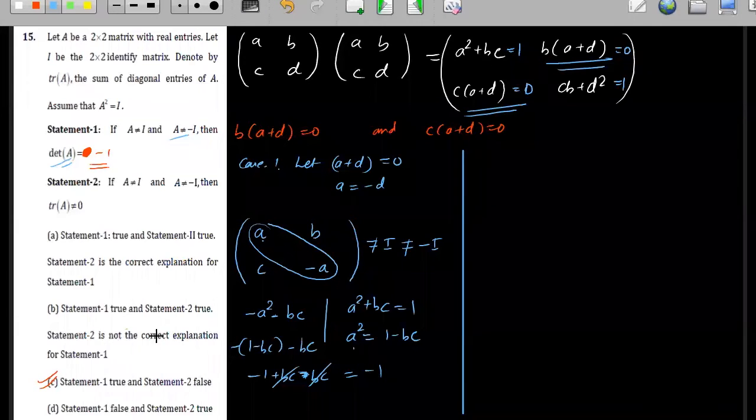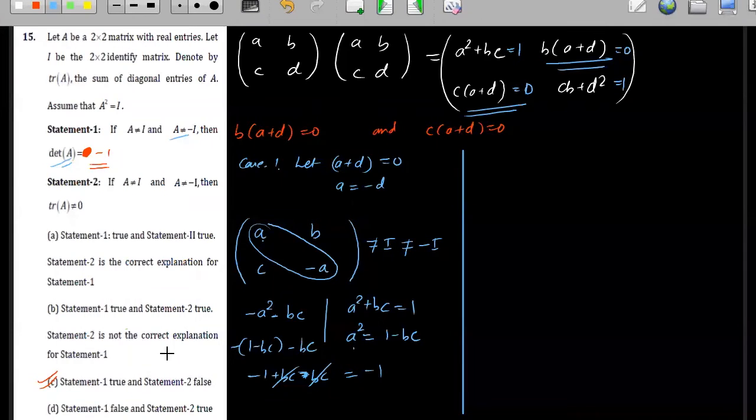All the statements are very definite: statement 1 is true, statement 2 is false; statement 1 is true, statement 2 is true, and statement 2 is the correct explanation for statement 1; statement 1 is true, statement 2 is true, but statement 2 is not the correct explanation. They are not saying anywhere that statements 1 and 2 both are false. So if one case satisfies, that is the correct answer, and you do not have to check for case 2.